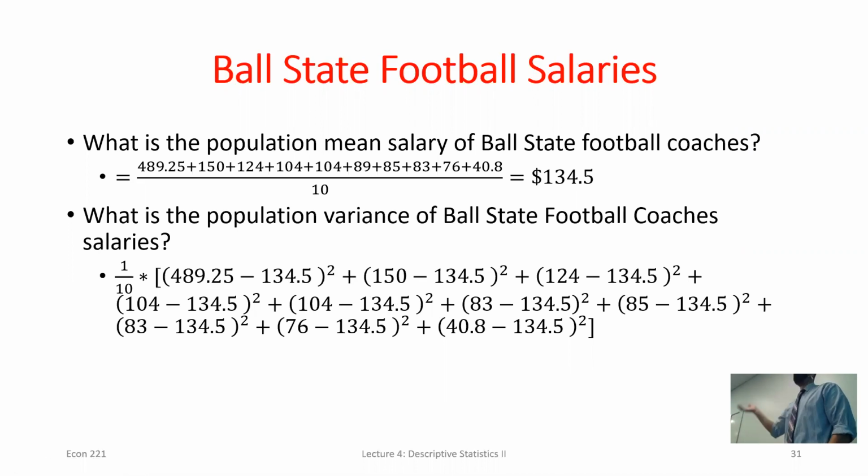Now, you can put this all in your calculator at one time, but if you forget a parenthesis or forget a square, it's easy to make a mistake when writing all these things. Typically, if you're doing this by hand, I would suggest doing each one of these individually. Then once you have those numbers, add them all up, right? I think we'll have time today. If not, we'll do it Friday. I'll show you how you can do this in Excel, okay? So if we do that, we get about 14,000, right?